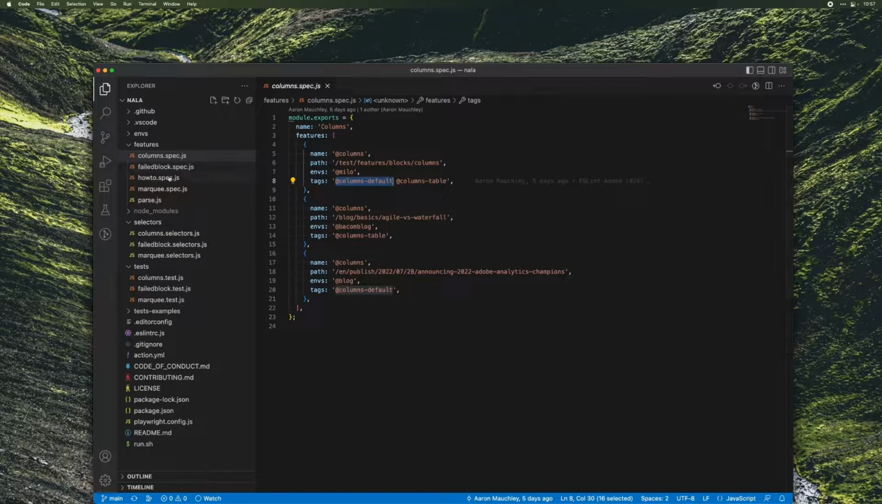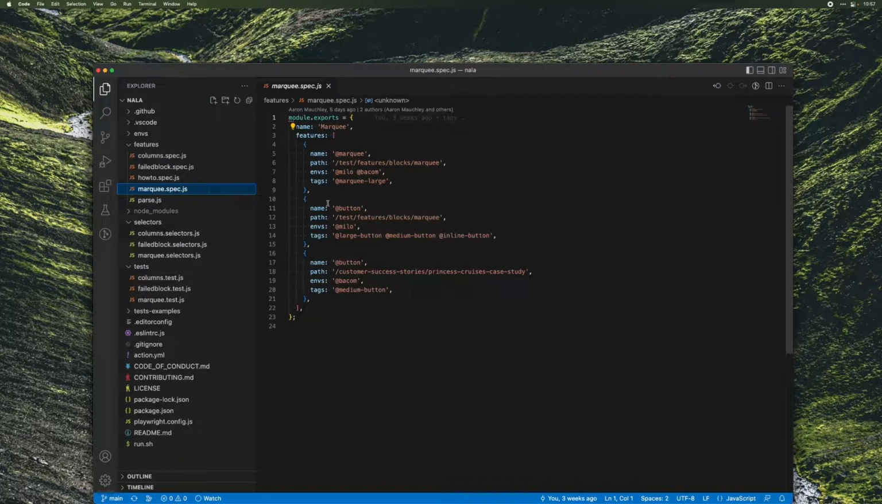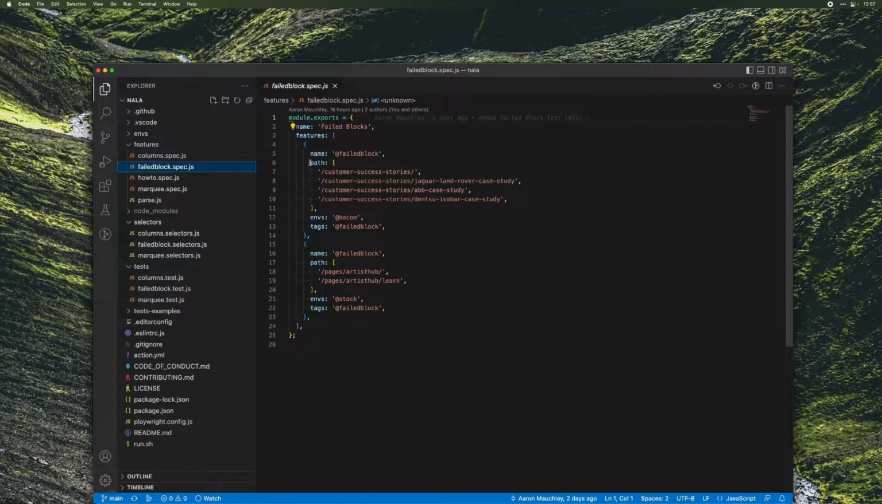And if we look at marquee, you can see that you can even run against multiple environments. So if you have a particular path that is available on multiple environments, that is also available too. In the case of failed block, you can also have multiple paths. So if you have a consumer that has several critical pages that you want to run tests against, you can also supply multiple paths. This is very helpful for us when we make sure that a customer will not